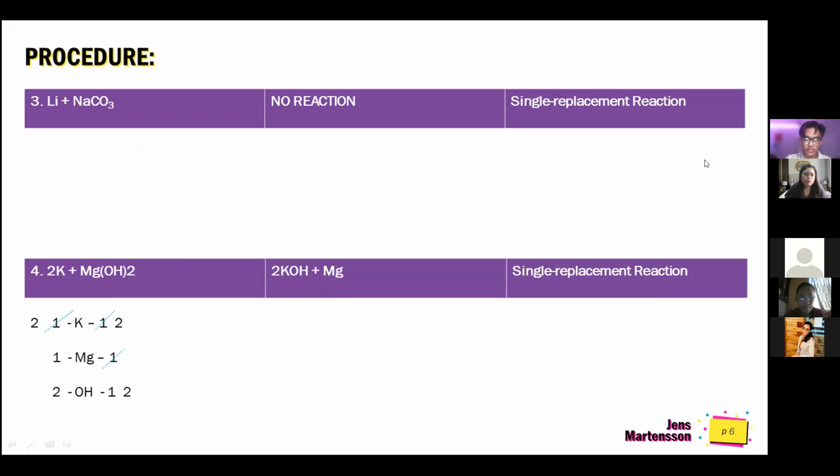So for number 3, the Li plus NaCO3 is no reaction because of the activity of metals. And for number 4,